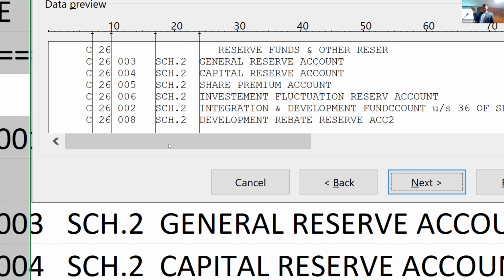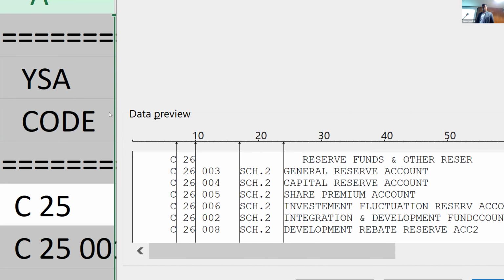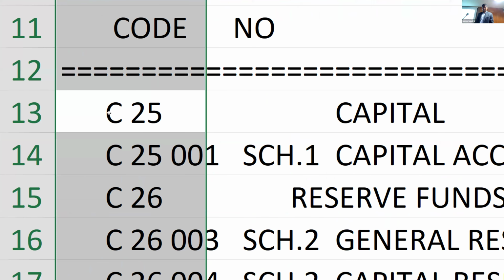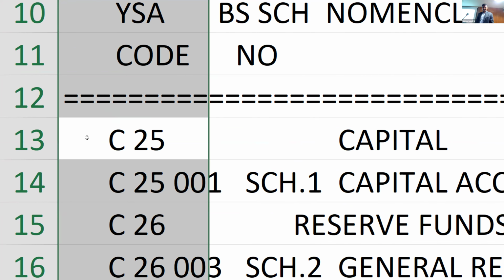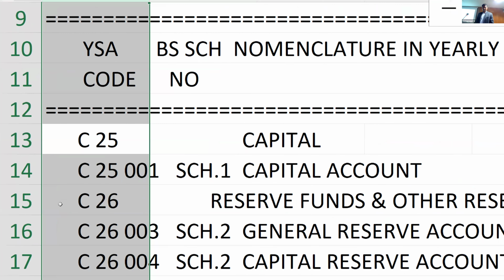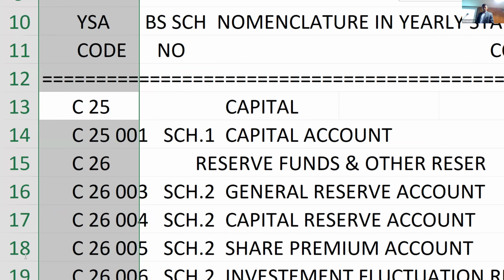For each line you want, you just click once and one more column will come. If you don't want it, you double click and the line goes off. And you can automatically split the data into columns.